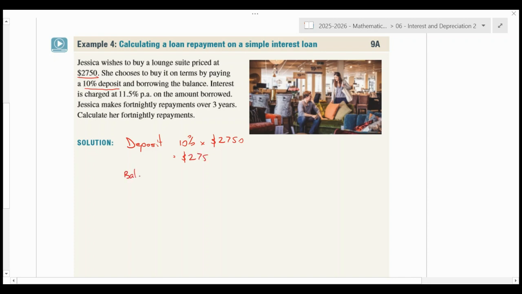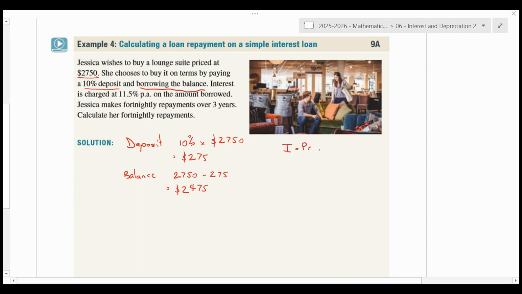So then the balance is going to be the total amount, which is the 2750 minus the deposit, which will give you $2,475. So that's the amount she's actually borrowing, the balance. Okay. So let's have a look. If she's doing that, then